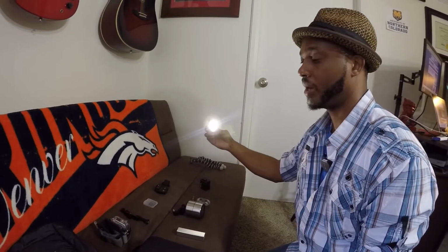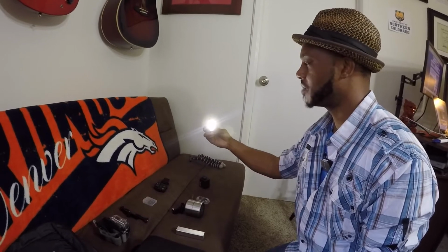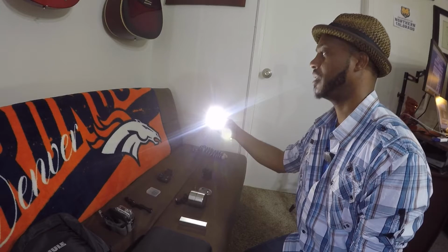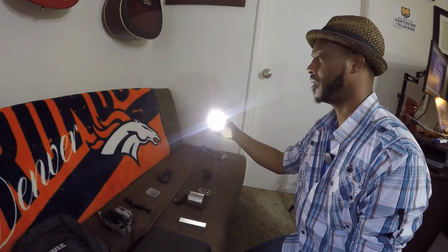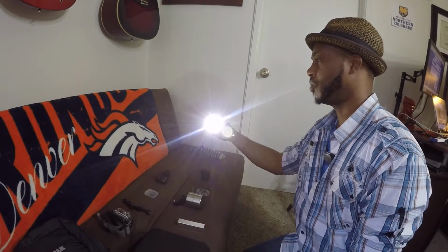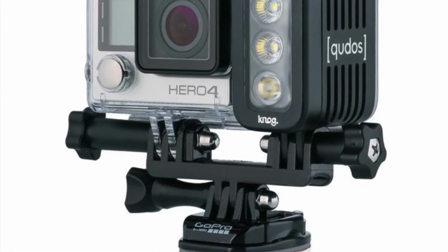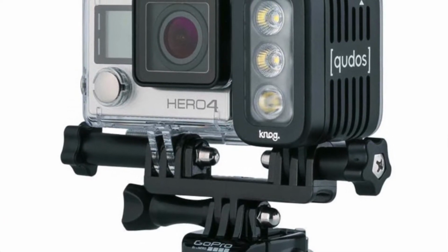A really bright light on 2, and then a low light on 2, and then same thing on 1. Well, basically, I just think it's a good accessory to have because GoPros do not have the ability to function very well in low light. So with this tool, it's just